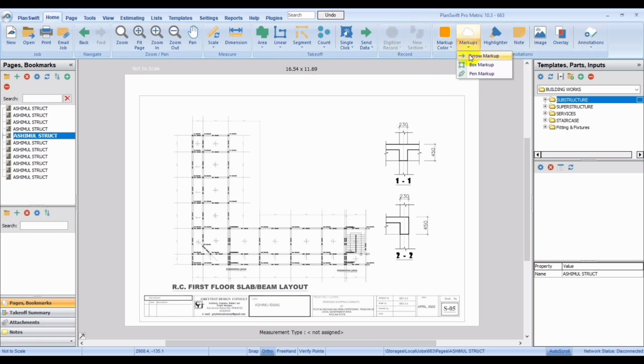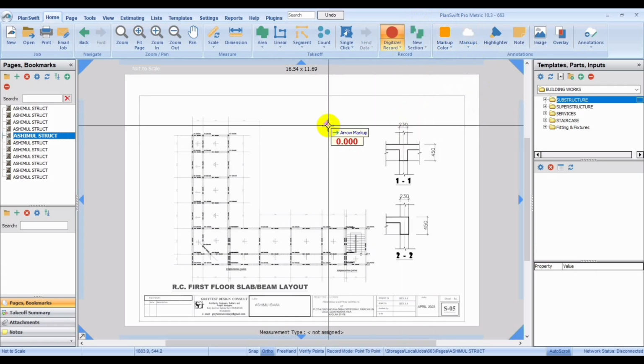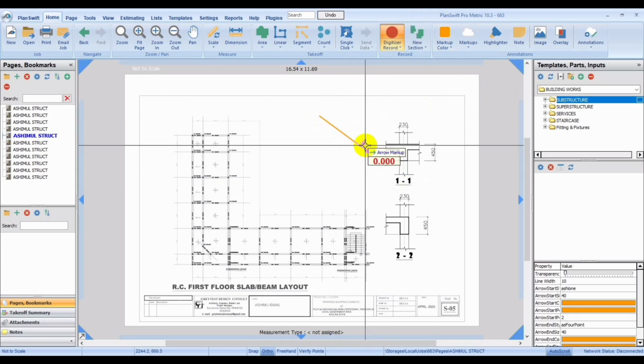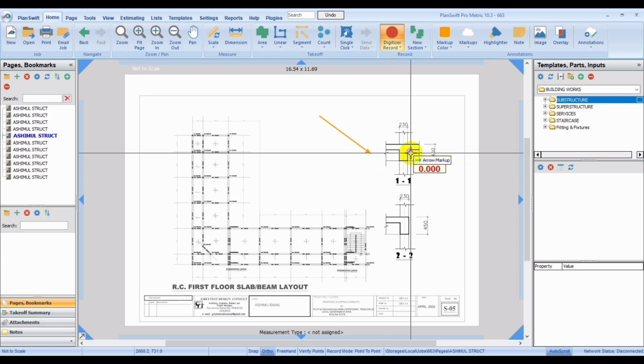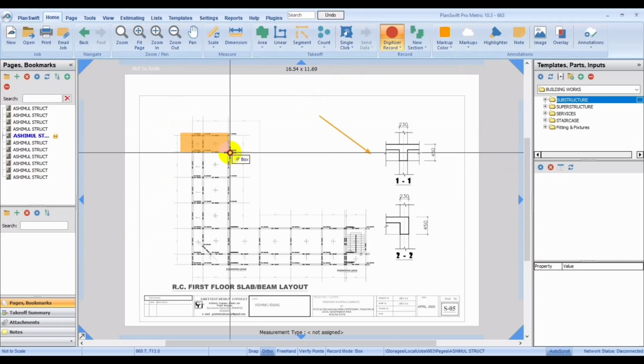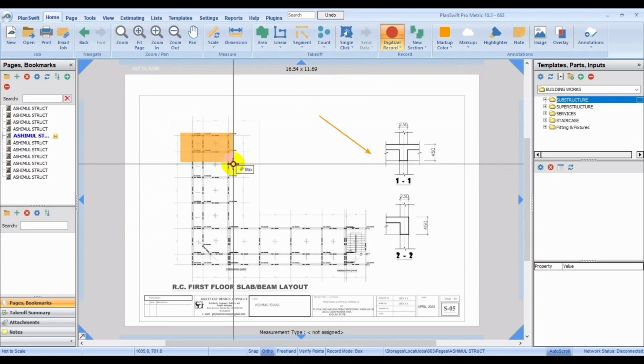And back to the markups, we have the arrow markup, the box markup, and the pen markup. So you can see. Also, the next is the highlight. The highlight is used for color, shading, or other visual element to draw attention to specific information on the drawings. And we also have the